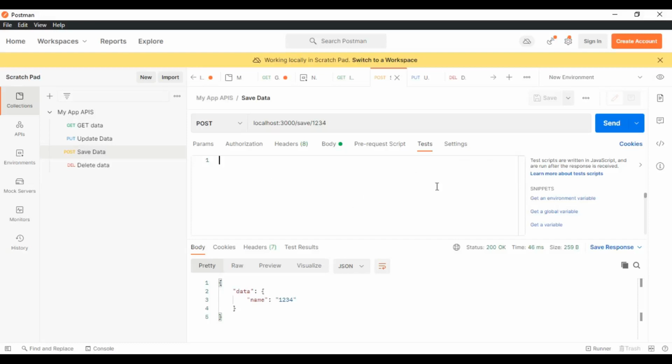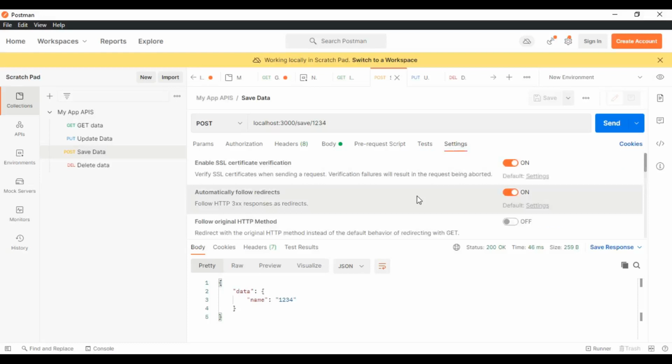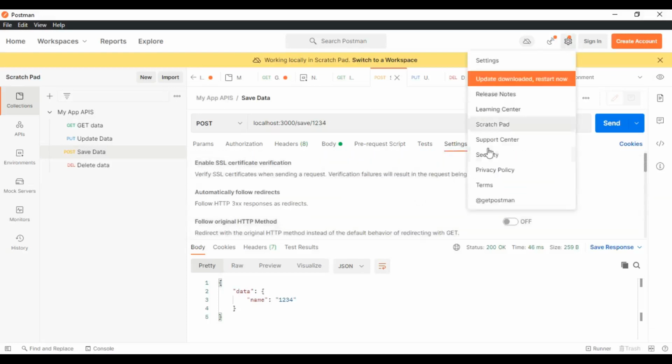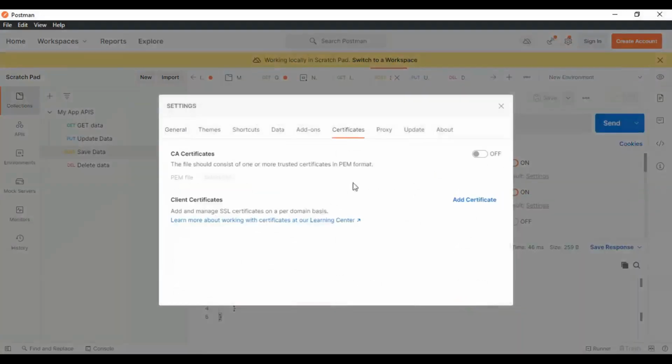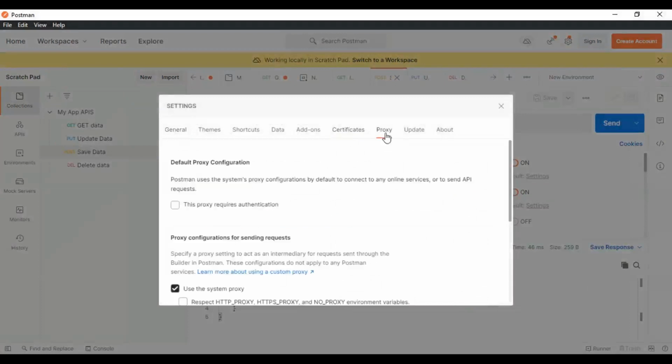This is related to the testing part. Generally testers use this section to automate these things, to test the APIs. In settings we generally use default settings. If you need to change anything, if you are using a proxy, then you can set it from here. You can add some certificates and proxy URL authentication from here.